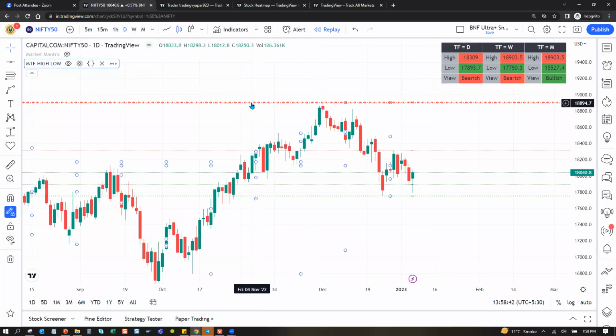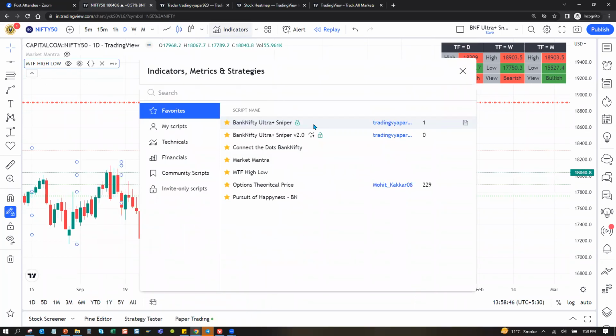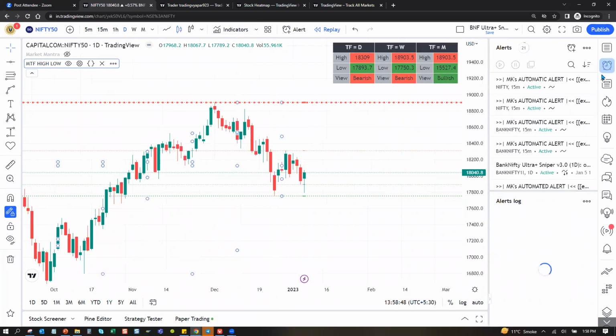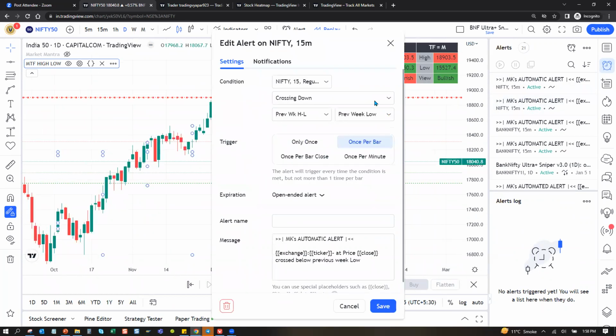Now, the Telegram alerts that you are getting, right, everyone? I have added alerts on this. See, MK's automatic alert. I've given the previous week high low. When the previous week low breaks, I think Jaya ji, you asked for this request.